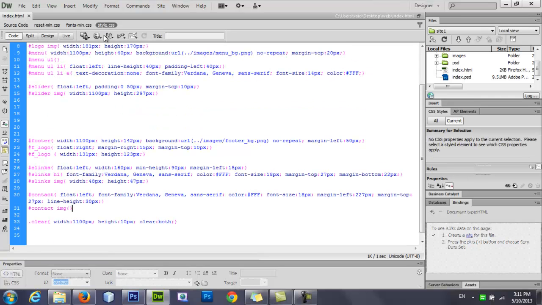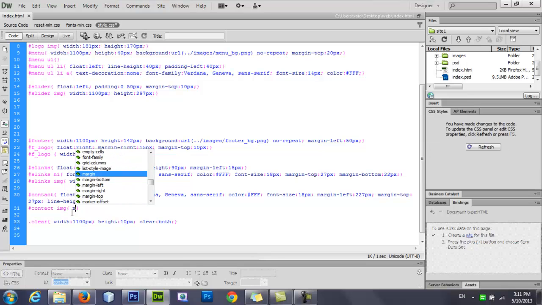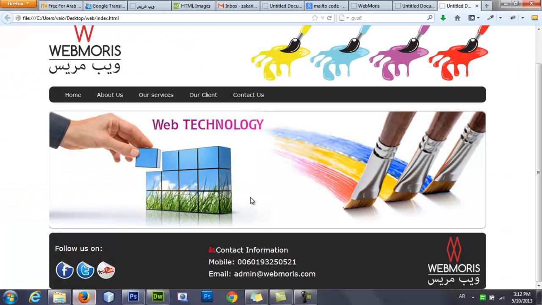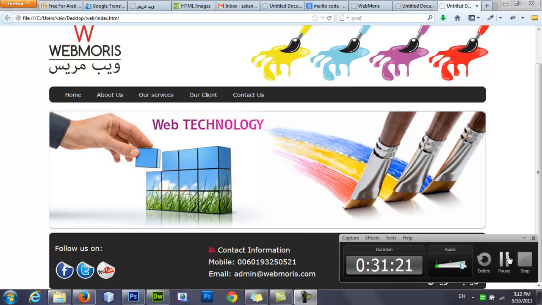But I say here, okay, your image, I want you to be margin right, maybe 5 pixel, because I want it to move a bit here, to move the things here. See, that's it, finish. Then our footer is done. Yeah, now it's done. Then I think that's all for